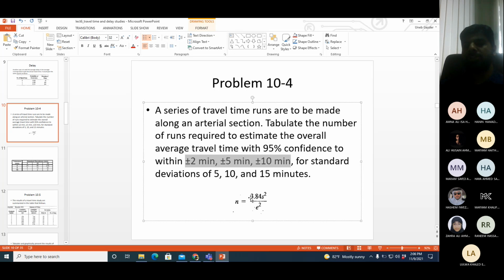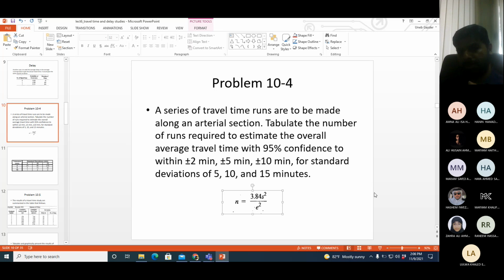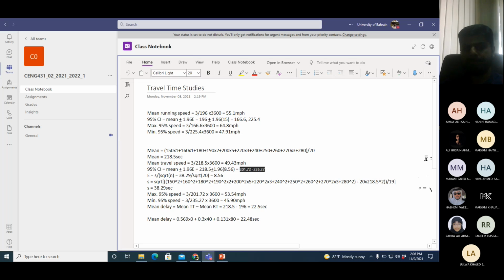We derived the equation for calculating the number of samples for spot speed. And as I mentioned yesterday, the equation we are using here is the same one we discussed in that topic. It's not a new equation. We already derived it for spot speed. With this equation we calculate n, given a standard deviation and the tolerance level. There are 3 values of standard deviation, and E is the tolerance level, again with 3 values. So we need to use them to calculate the values.